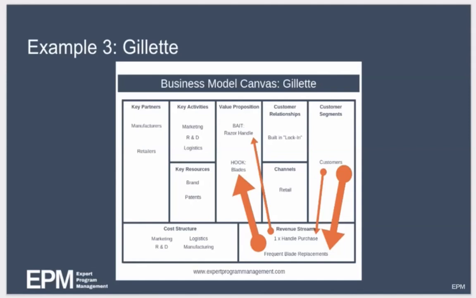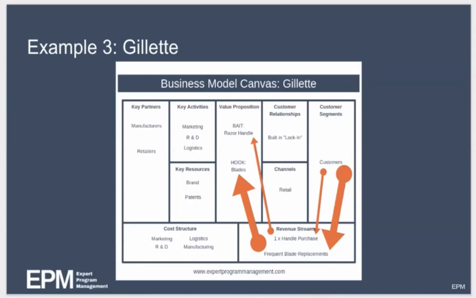So this business model is also very popular in SaaS businesses, software as a service businesses, where typically a free initial month leads to a monthly subscription. So in the diagram here, you can see that we've used the thickness of the arrows to indicate where the revenue is coming from. So as you can see here, all revenues are generated by just a single customer segment, customers. But within that, the vast majority of revenues come from frequent blade replacements, with just minor revenues coming from